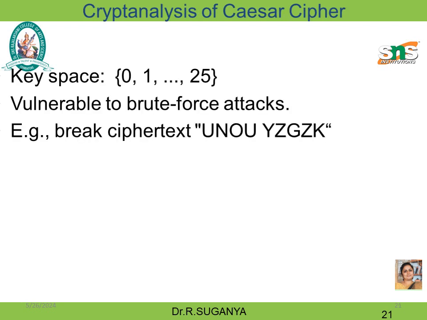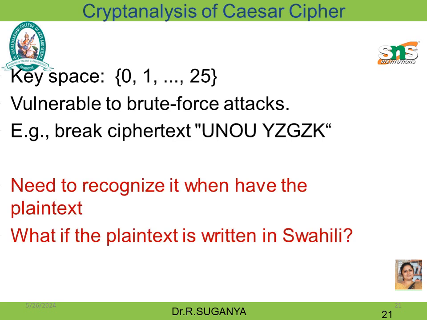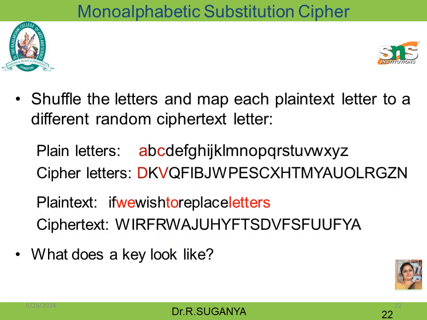Cryptanalysis of the Caesar cipher: the key space is 0 to 25, so it is vulnerable to a brute force attack. Here is a particular example of breaking a ciphertext. We need to recognize the plain text when we have it. What if the plain text is written in Swahili? So shuffle the letters and map each plain text letter to a different random ciphertext letter. So here we have, and what does a key look